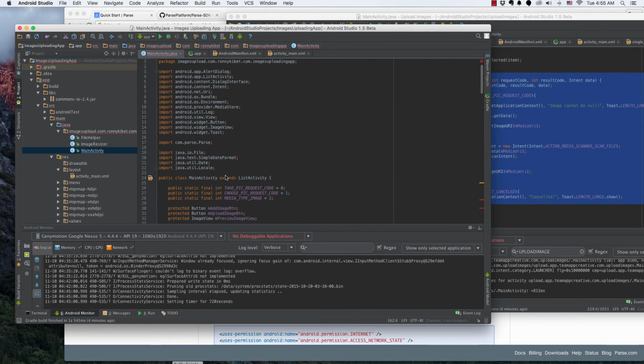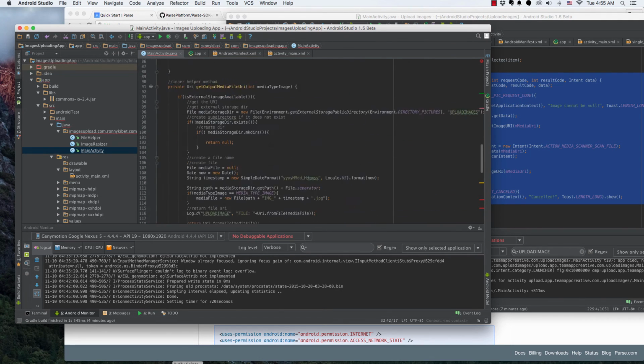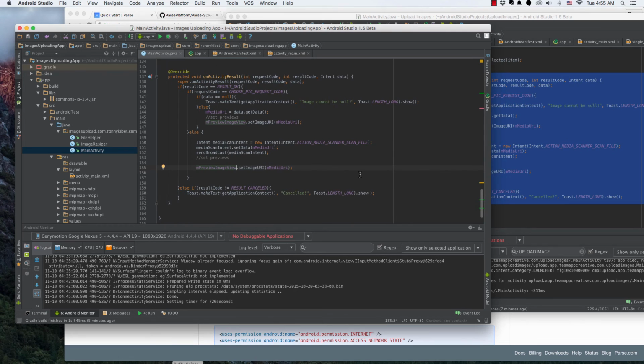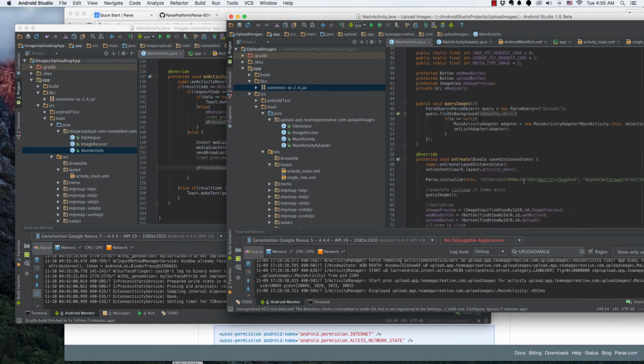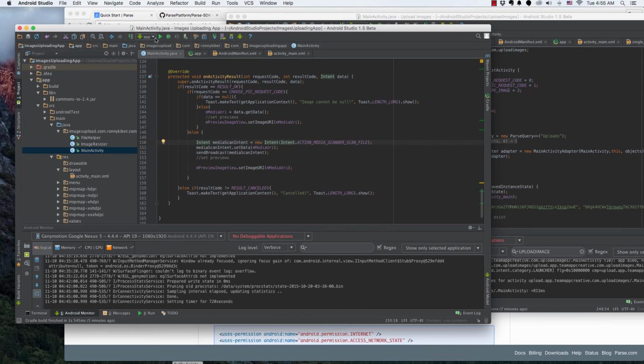All right, so we're gonna say preview image view, and just copy that there and copy that there, and that's pretty much it. So it sets it, and that's it, really, guys. That's it. All right, so let's run that,